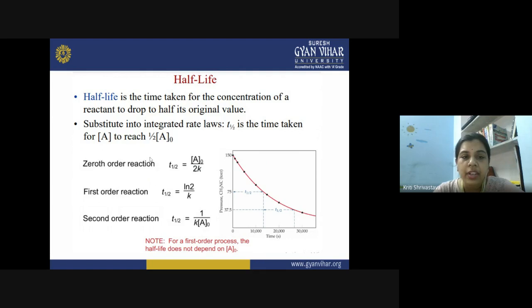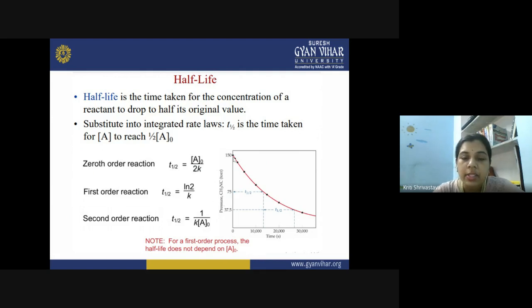That is how reactions with different reaction orders show different behavior in terms of half life. And this could also be one of the methods to identify the order of the reaction. If you look at this graph, it is plotted for the pressure of methyl isocyanide and its conversion into methyl cyanide. We discussed this reaction in the previous lecture. This is the pressure of this gas, plotted along with the time. This pressure term is actually representing the concentration of the gas here.